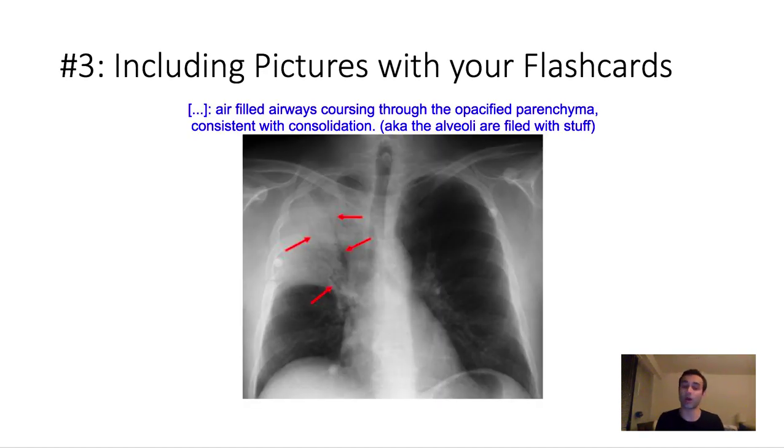So let me show you here. This is a flashcard I made on Anki, and this is a cloze deletion, which means I have to guess what this blank is. But because I included this picture in the front, and I see this all the time, I know the answer is air bronchogram. But all I did was memorize the association of this picture with air bronchogram. That's actually not the best way to study, because on a test, I will rarely ever see this exact image. Rather, I'll probably see another image that depicts an air bronchogram. But because I memorized just this picture with air bronchogram as the term, I will not even remember the thing that I actually wanted to remember, this definition afterward, which is that air bronchograms occur when there are air-filled airways coursing through opacified parenchyma.